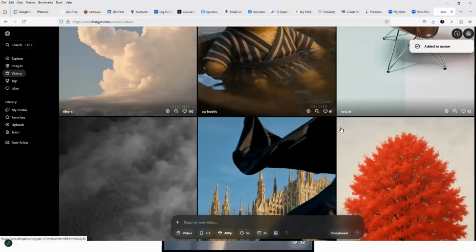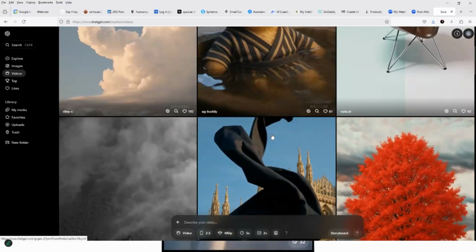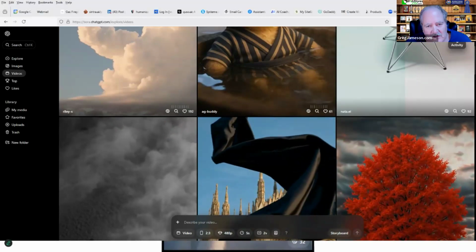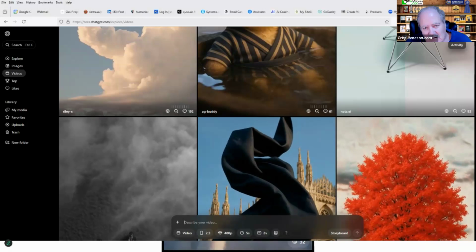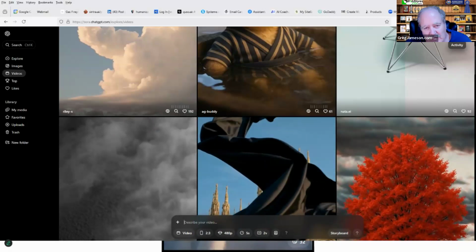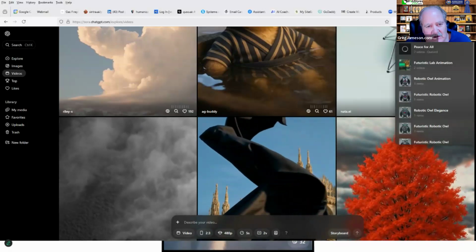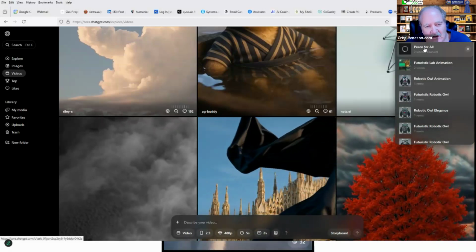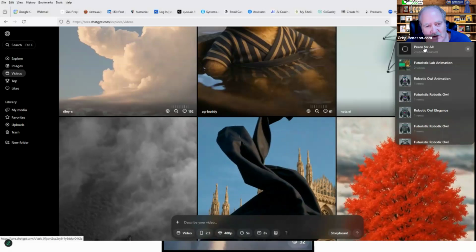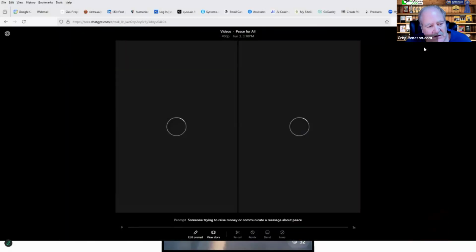And you can see there's this little one up in the upper right that says activity and it's spinning around and around. What it will do is create two different videos that are 5 seconds long.